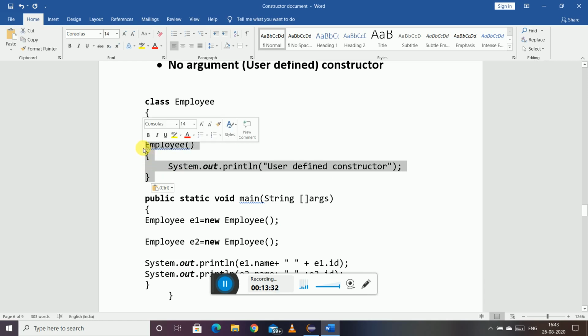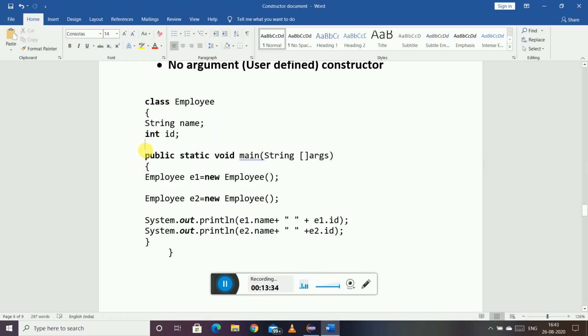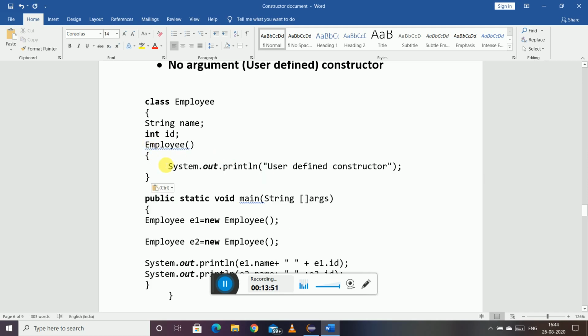See, if you are not defining any constructor, if this is not there, then this employee call will make the compiler generate the default constructor, and that will initialize the default values. But if we are defining a constructor by ourselves like this, then when this call is made, the default constructor won't get called. Why? Because now when this call is made, it will call this constructor. We have already defined a constructor for it, so it is not going to call the default constructor now.